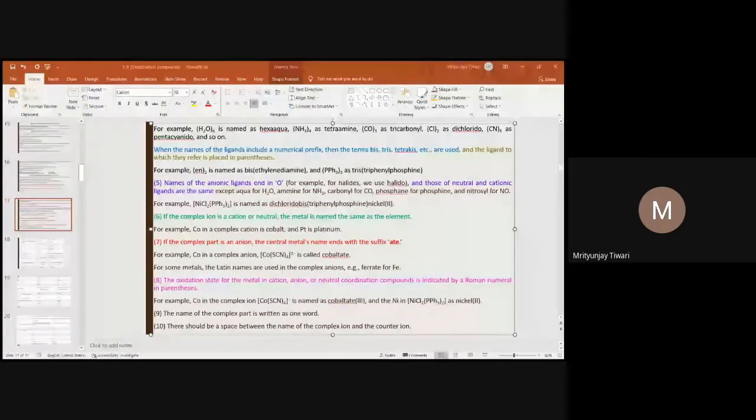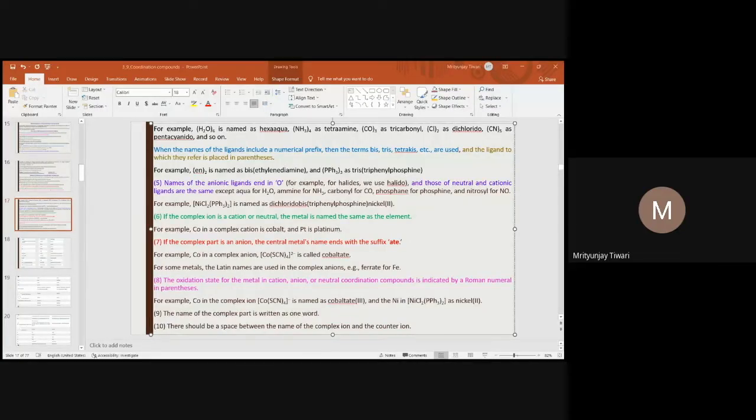Fluoro is the first letter. So fluorine comes first, and the two fluorine atoms are here. So two chloride ligands are here. So ligands are only chloride in this case. So the two chloride ligands, we'll write dichloro, as you can see, dichloro, and then this is the name of this, ethylene